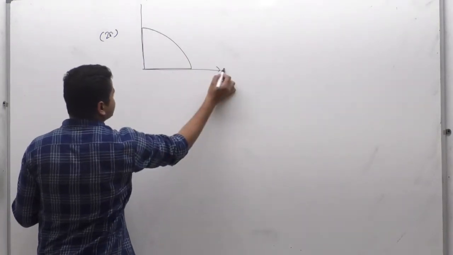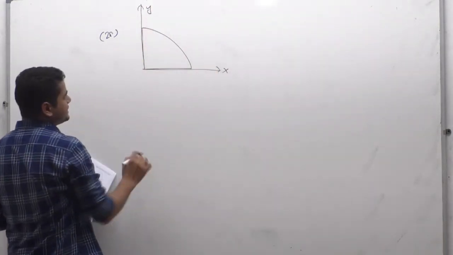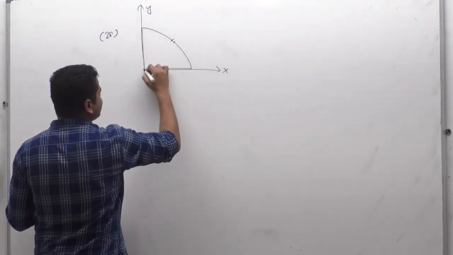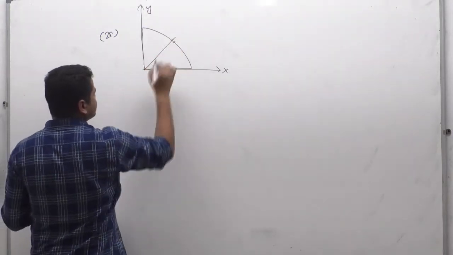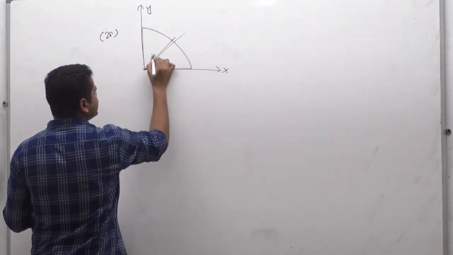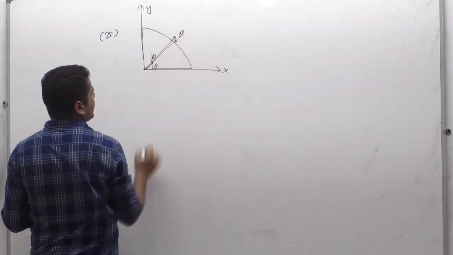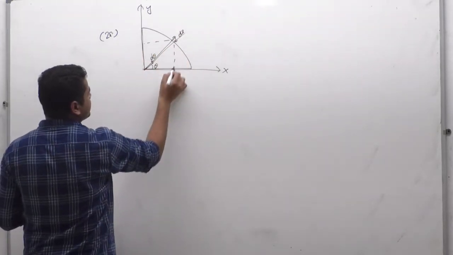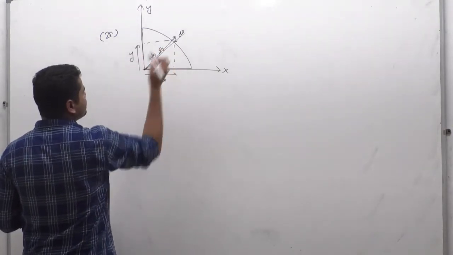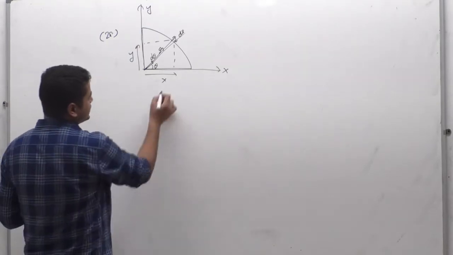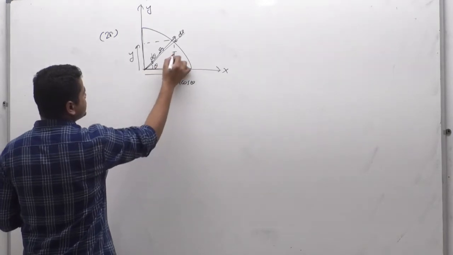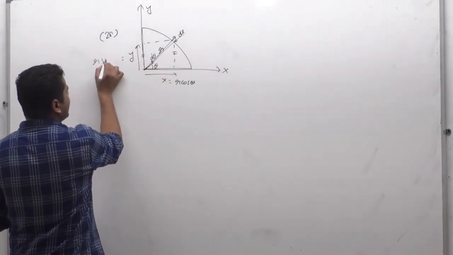This is the y-axis, this is the x-axis. These things are done by integration. See how to do this type of element. Suppose we have considered a dm element. This is theta, and this theta is very small, d theta. This length is dl. This is the x coordinate, this is the y coordinate, and this is the radius of the ring. So x equals r cos theta, and y equals r sin theta.